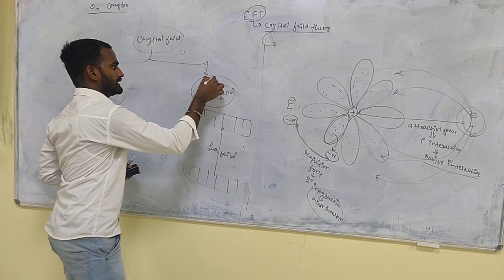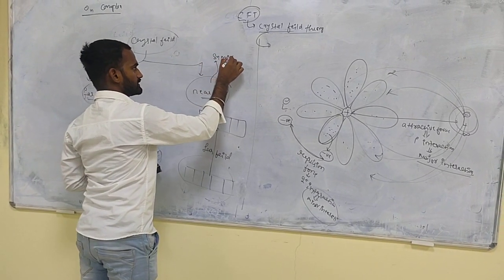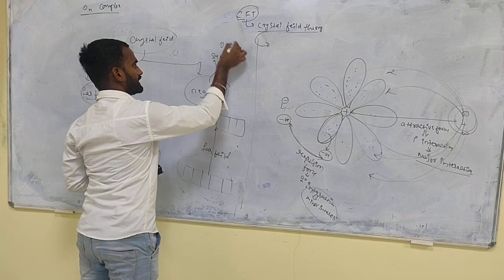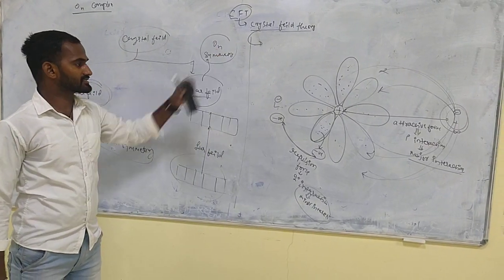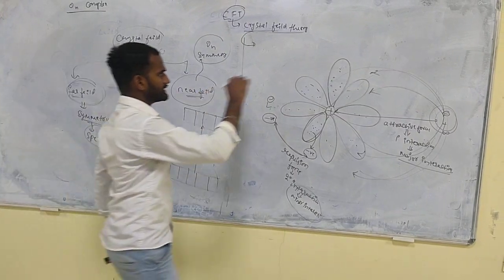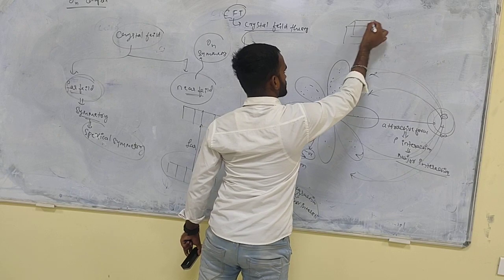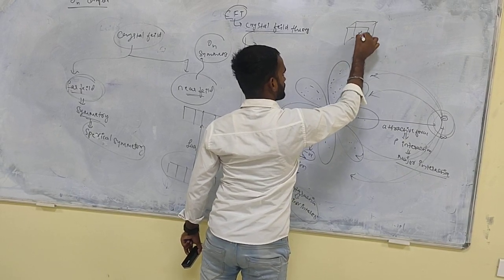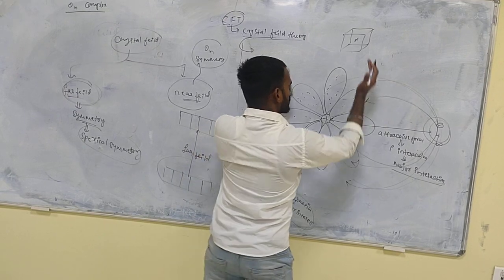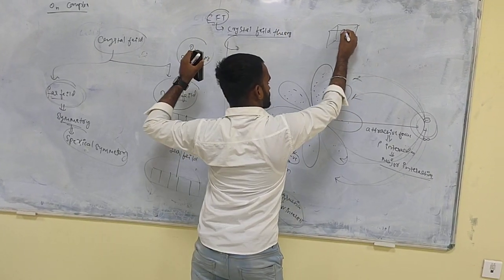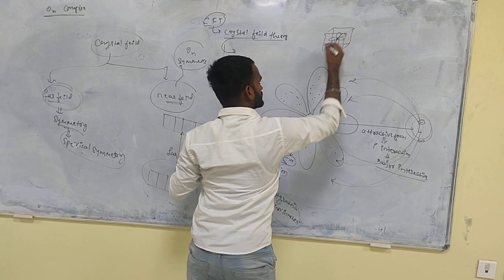Now coming to the near field. What does it mean? The symmetry of the near field is octahedral symmetry. What does octahedral symmetry mean? I already said that if we consider a cube, the metal will be present in the middle. I take this and keep it here, like for example, like this, and these are the orbitals.